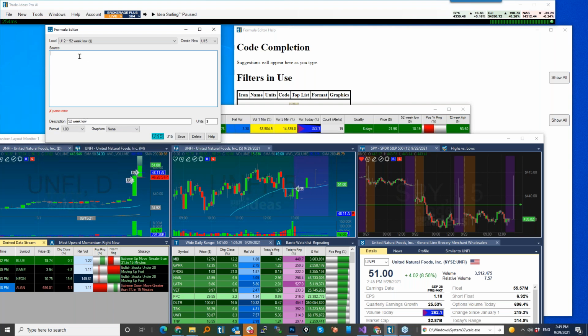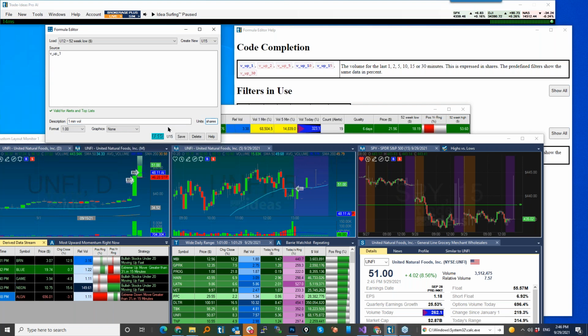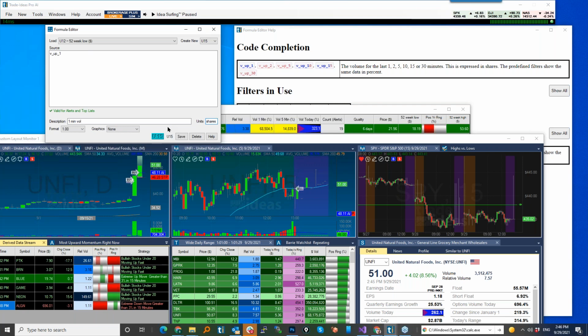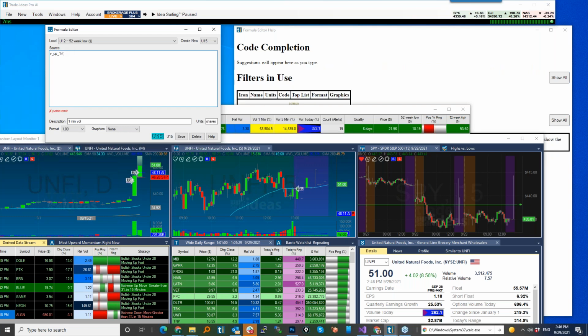We've got some great stuff with volume that we do here. For instance, V up 1, that's the 1 minute volume, and that's in shares. That's basic, so I'm not going to do that one, but you can do some great things like increasing volume. Maybe I want to know that this last 1 minute volume has increased over the last 5 minute 1 minute volumes. The way you would do that is take this variable, which is the number of shares for the 1 minute volume, and divide it by something like